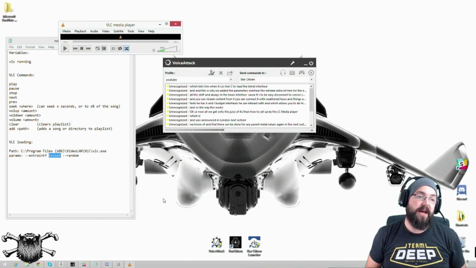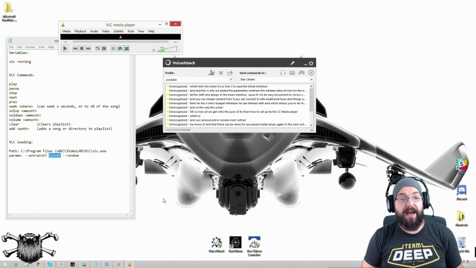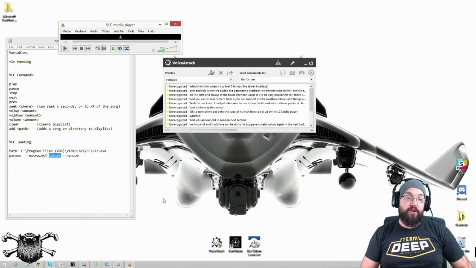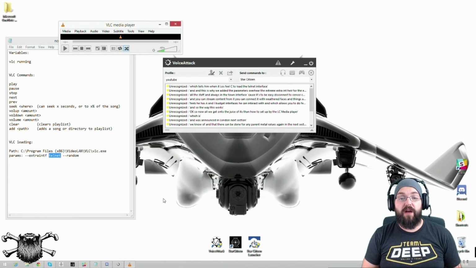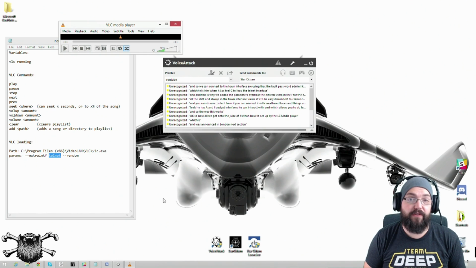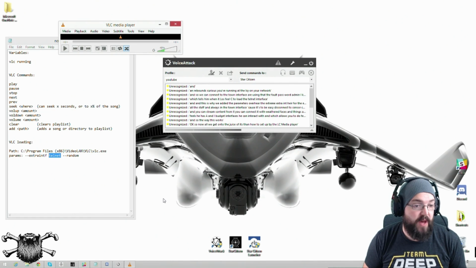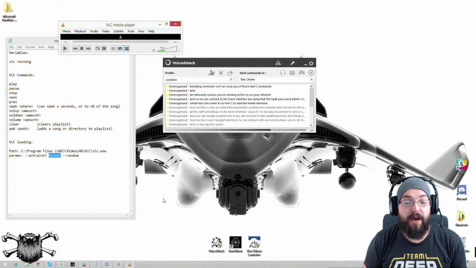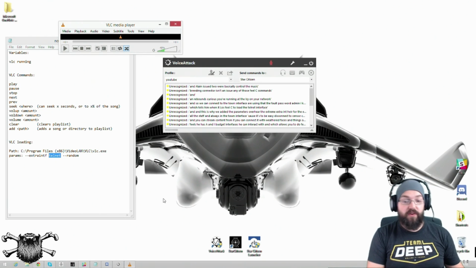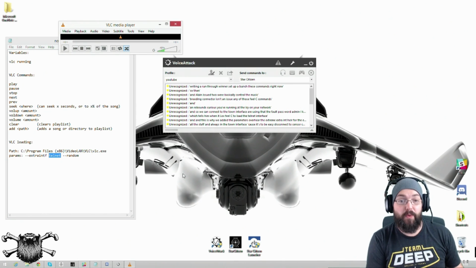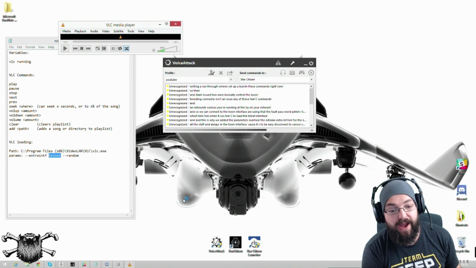So we can connect to the telnet interface using the default password admin. I know, it's awesome. You can set a new password for it if you want, if you're worried about the security of running that VLC on your network. But you can connect to it and then issue any of those VLC commands, and that allows you to basically control the music. So we're going to run through, we're going to set up a bunch of these commands right now. But first of all, we need to see how we're actually going to interact with